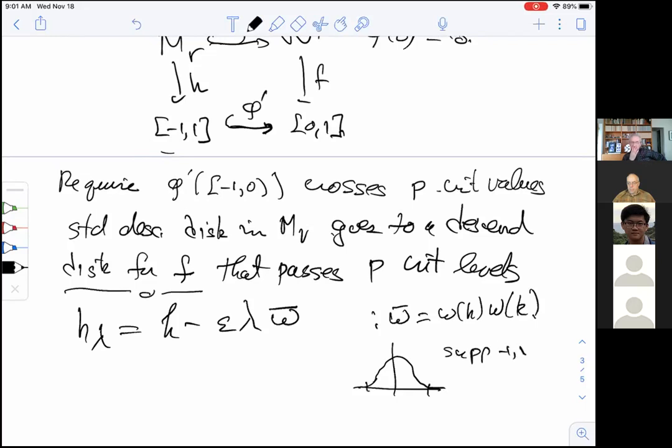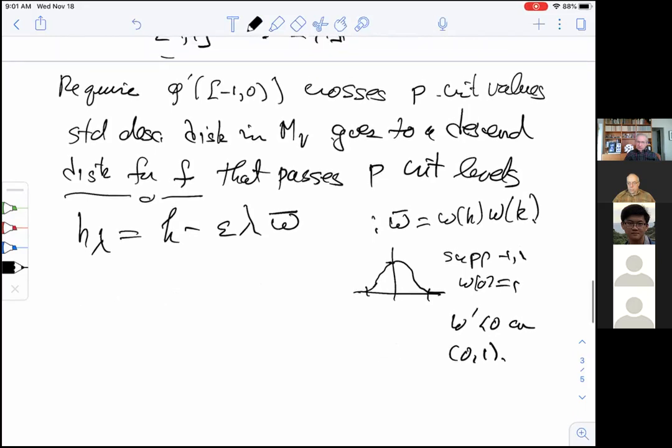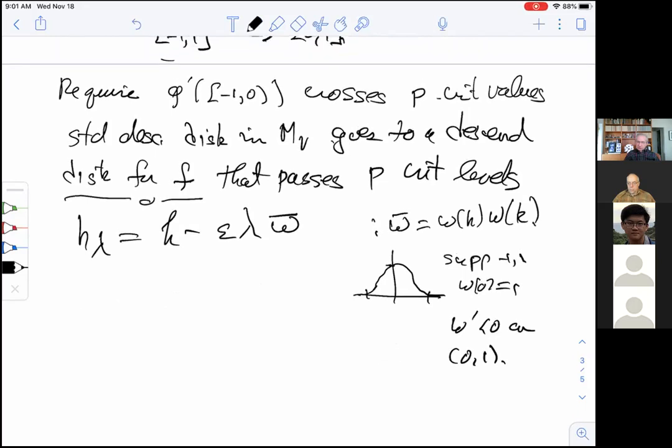C infinity function, support in -1, 1. W of the origin is 1. And the derivative W prime is negative on 0, 1. And the second derivative vanishes at the origin. So this is a family of Morse functions. If epsilon is sufficiently small,